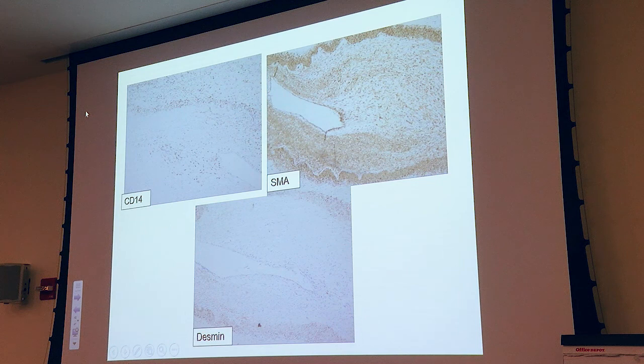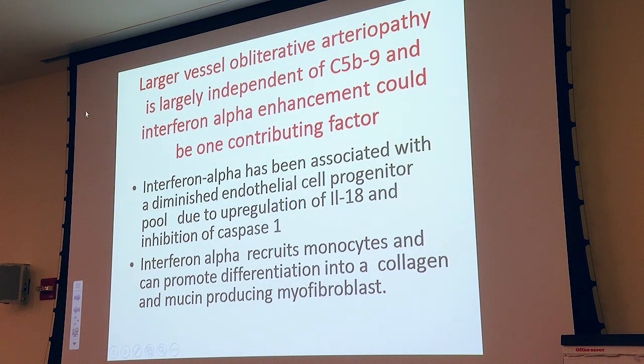And when you look at the intima, it was infiltrated by CD14 positive monocytes, the spindled cells of a classic myofibroblastic phenotype, showing smooth muscle actin staining without desmin, and likely those smooth muscle actin cells are trans-differentiated from the CD14 positive monocytes. So we know that the obliterative arteriopathy is largely independent of C5b-9, but interferon alpha could certainly